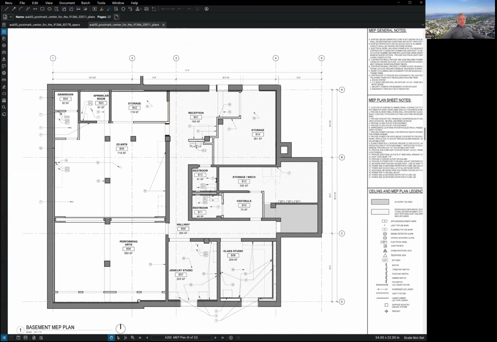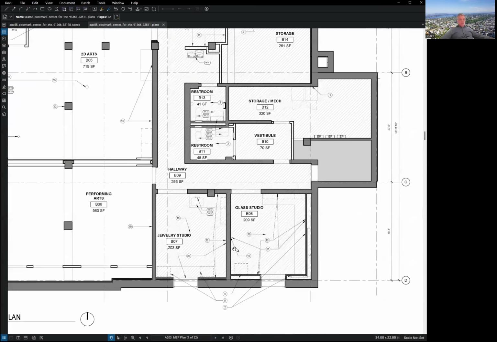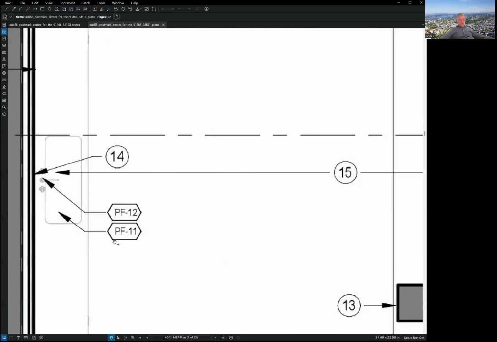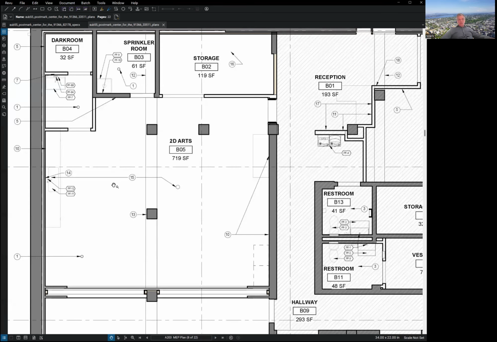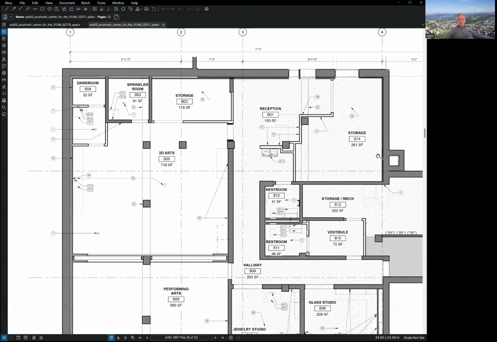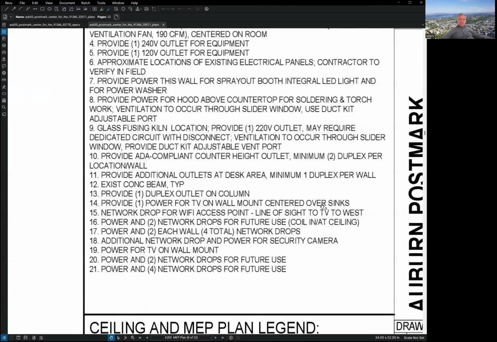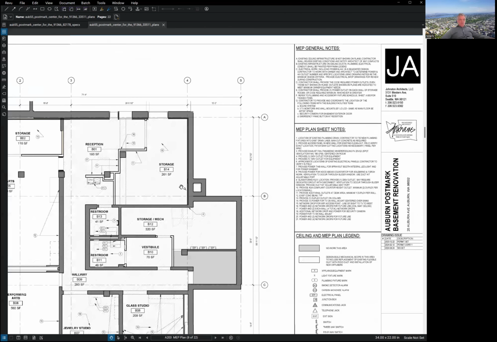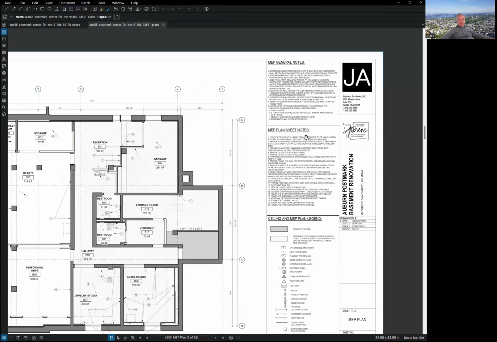This is the basement MEP plan. MEP means mechanical, electrical, plumbing. Usually they have independent plans, but it's such a small job, they put it all on one. And so the MEP is plumbing fixture 11 is the sink, plumbing fixture 12 is the spigot, the faucet. 14 is something, I don't know what 14 is. No, what is 14? 14 should be over here. Provide one power for the TV on the wall, centered over the sink. Okay, and so you'll follow these call outs. These are number 10s, and you go look at it in the numbered section. Okay,